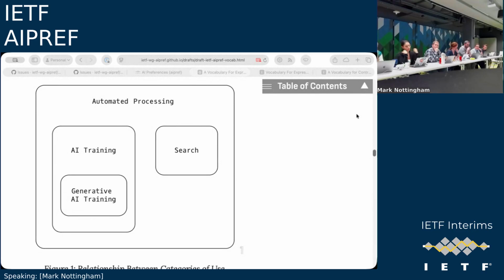And it wouldn't be an acceptable outcome for content creators not to have the ability to express preferences for different applications of their data, using appearance in search as the lever to enable those other use cases. So I think there needs to be some level of granularity of usage categories here.